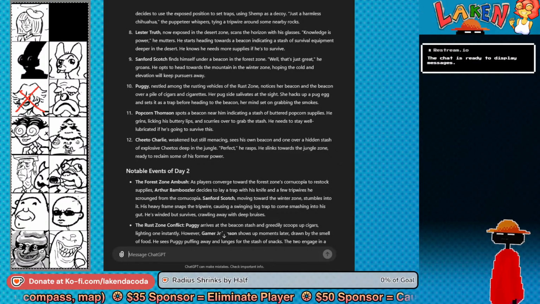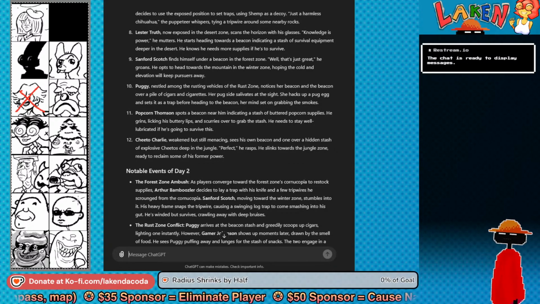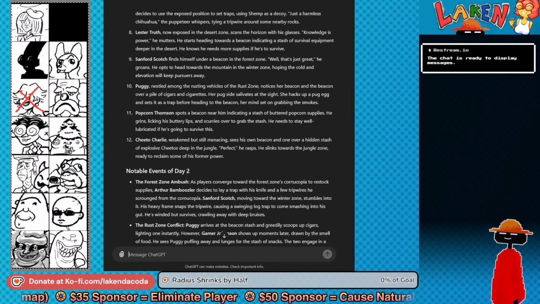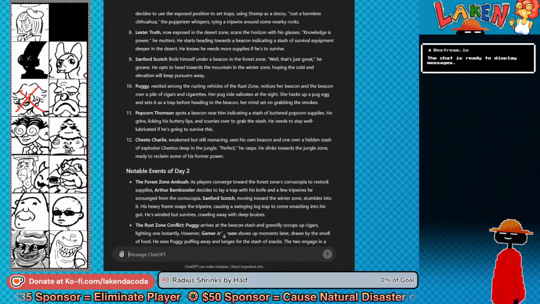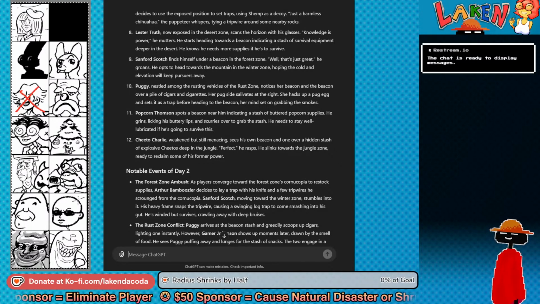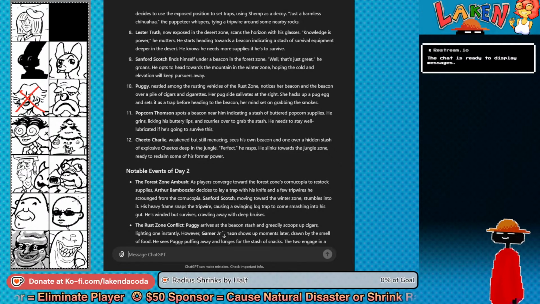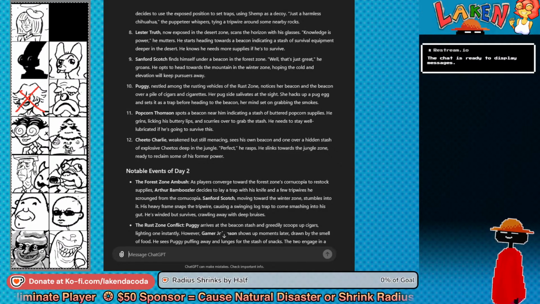Puggy, nestled among the rusting vehicles of the rust zone, notices her beacon and the beacon over a pile of cigars and cigarettes. Her pug side salivates at the sight. She hacks up a pug egg and sets it as a trap before heading to the beacon, her mind set